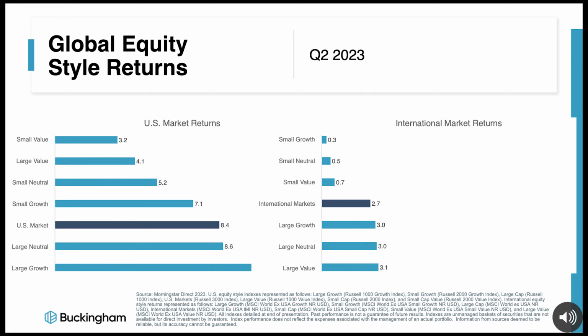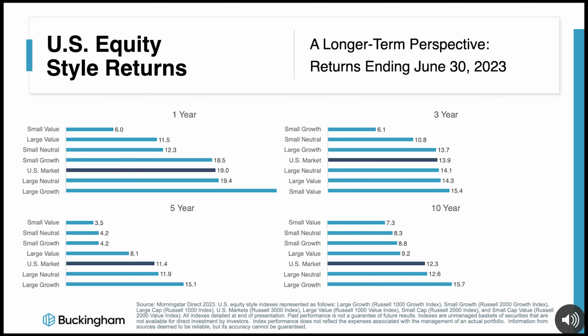Growth stocks, on average, outperformed value stocks in the U.S. and vice versa for international markets. Large growth stocks had the best return in the U.S. Large value stocks came out on top internationally, while small value stocks lagged in both regional markets, continuing the trend from last quarter. But no matter these recent trends, it's important to remember that we should not make longer-term projections based on short-term performance.